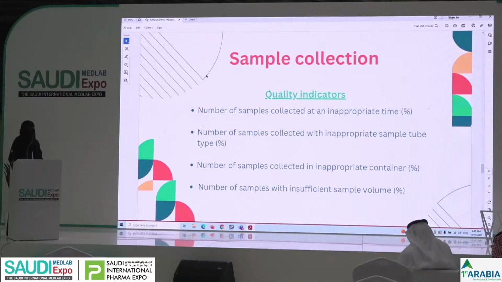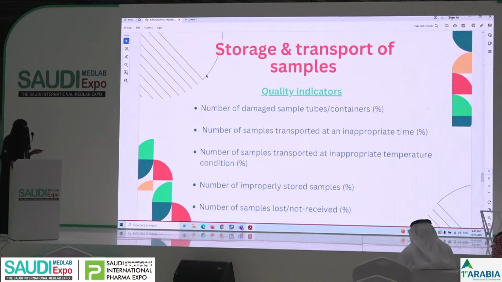Also, the sample should be collected with an appropriate sample tube, and in an appropriate container. Sometimes, as a lab specialist, we are not only dealing with the sample tube; we are also dealing with different containers. It's not only the anticoagulant tube. Also, the number of samples with insufficient sample volume should be counted in order to track the quality performance in